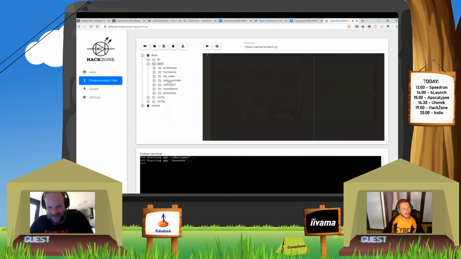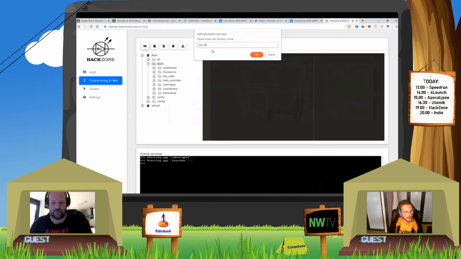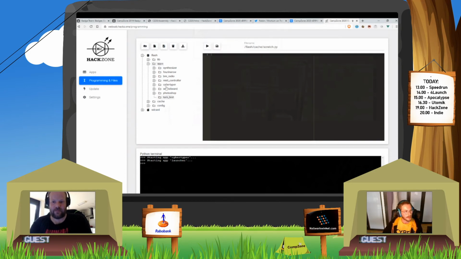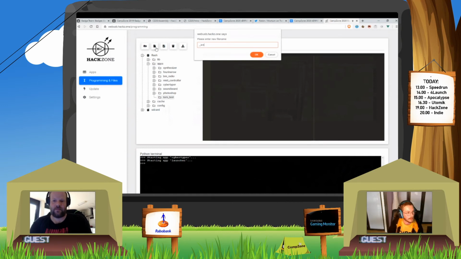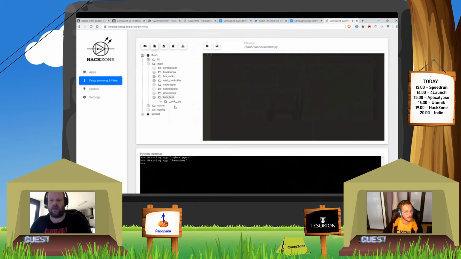This is very important. So in here, if I want to develop my own app, I can just make a new folder. Call it maybe Tom Test. In this folder, I can create a new file. And this we have to name specifically init.py. It's a Python thing. And in here, we can just say print works. We can save it, and now we have an app that will print something to the serial